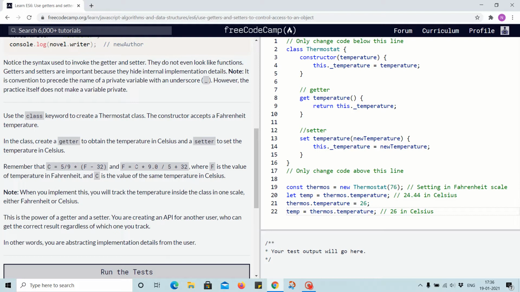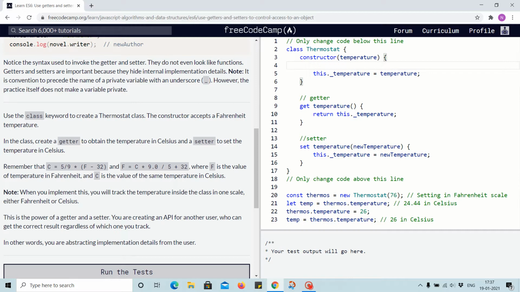So the setter should set the temperature in Celsius, and the getter should get the temperature in Celsius. The constructor accepts a Fahrenheit temperature, so Celsius temperature